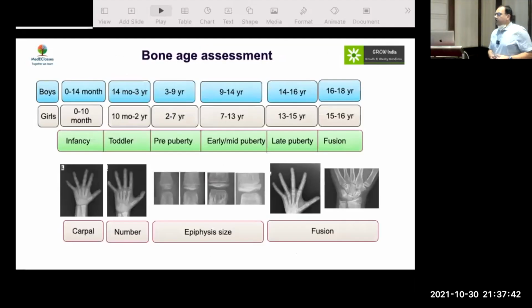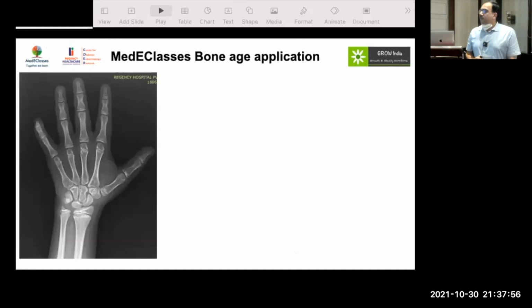Now, next important thing is bone age. And bone age is something which is often considered to be one of the most difficult situations because most radiologists do not give appropriate reports. There's often confusion on that regard. So what we have done is we have developed a very simplified way of assessing bone age, which on an average takes around 1.5 to 2 minutes for somebody who has never done it also by a simple way.